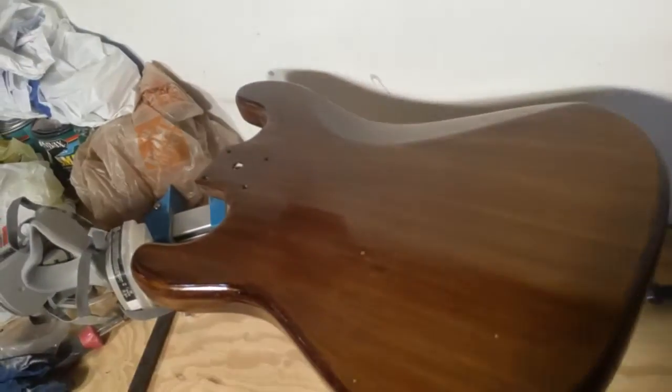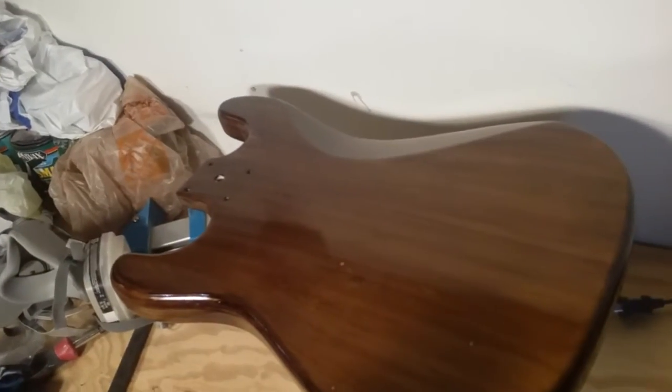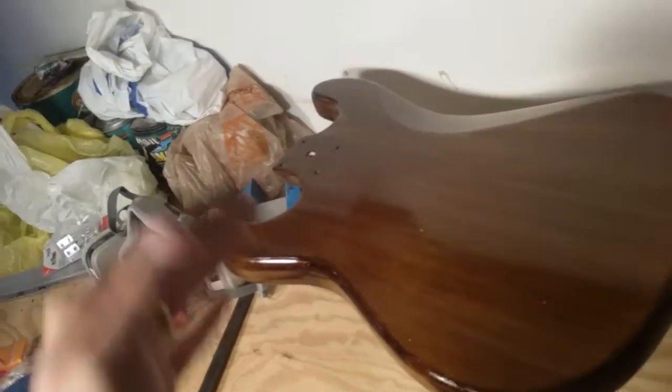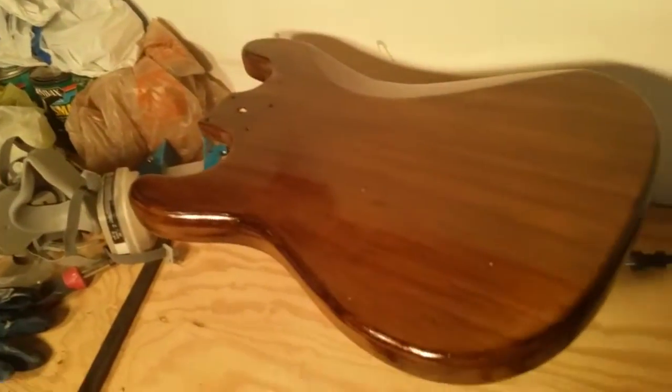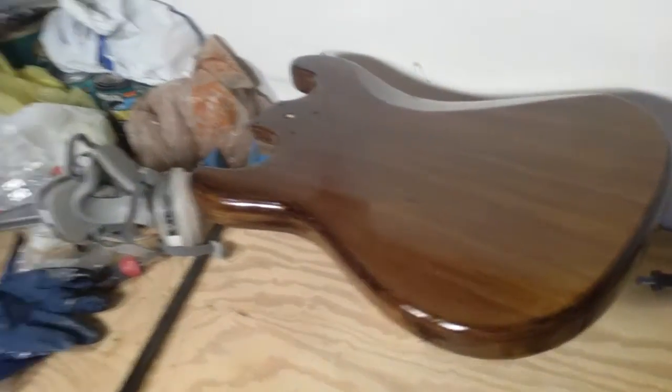Then after you sand that first layer of polyurethane off, you wipe it off gently with a rag. Apply your second coat all over the whole body, and then you let it sit. And then it should all be done. Then you can put your neck back on. I'm actually upgrading my pickups, so my stock pickups will not be going in there. My stock pickups will be a part of another project I plan